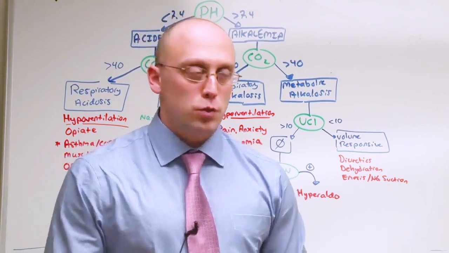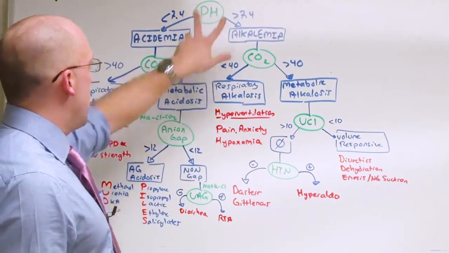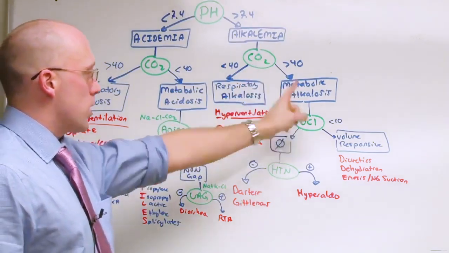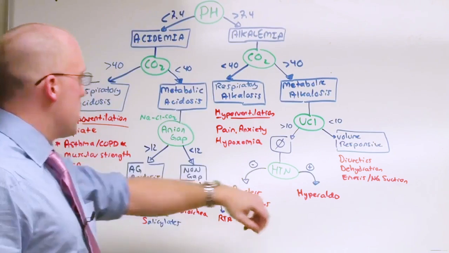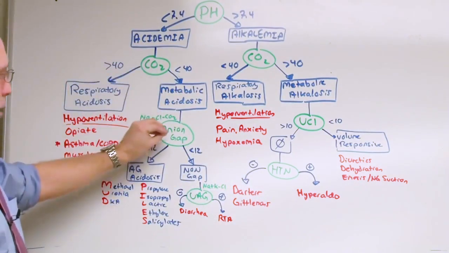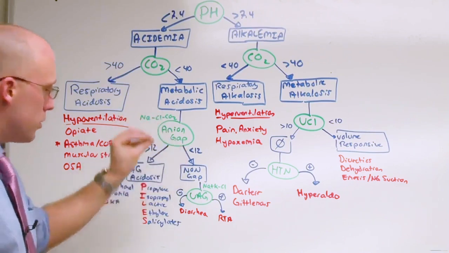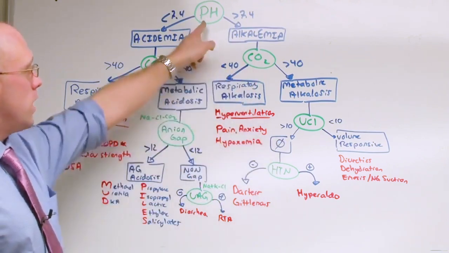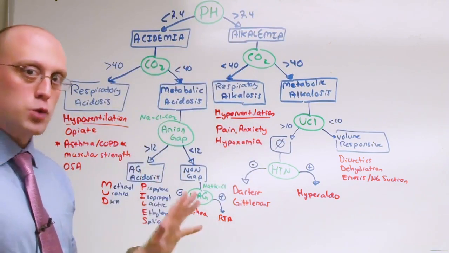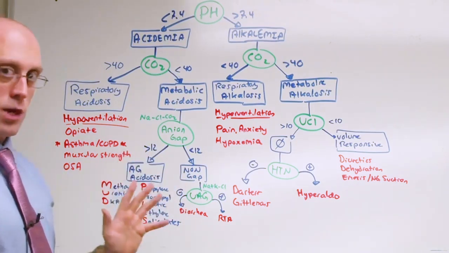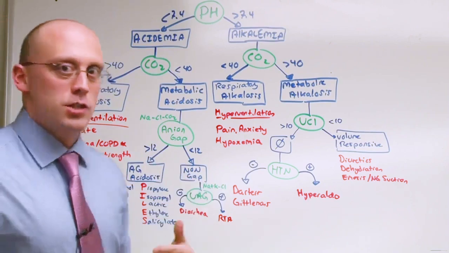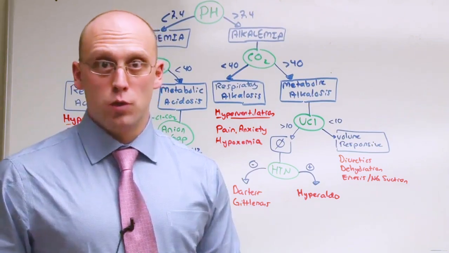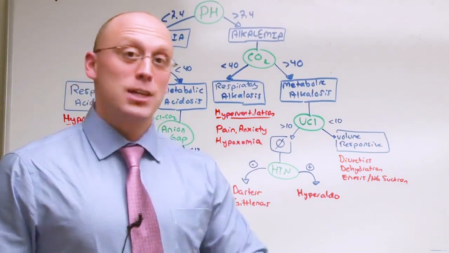Remember, no matter what you do, start with the pH and then the CO2. Put yourself into one of these categories. If you're metabolic alkalosis, urine chloride. Metabolic acidosis, anion gap. If non-gap, urine anion gap. These tests can get you most of the points in an acid-base question. Let's now transition into how you determine if there's a secondary disturbance. And this is what you're going to do in real life when you start seeing patients, as well as on the